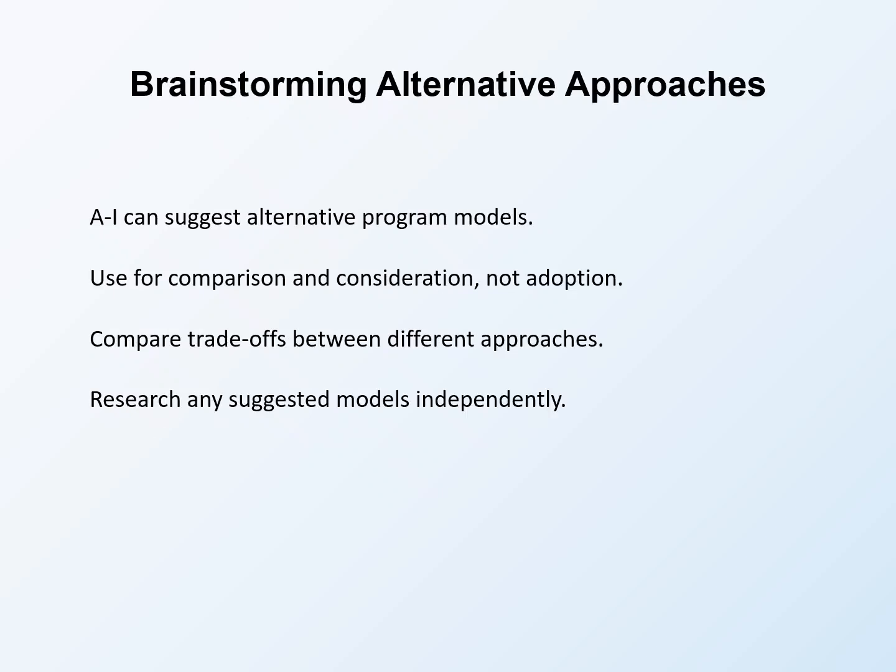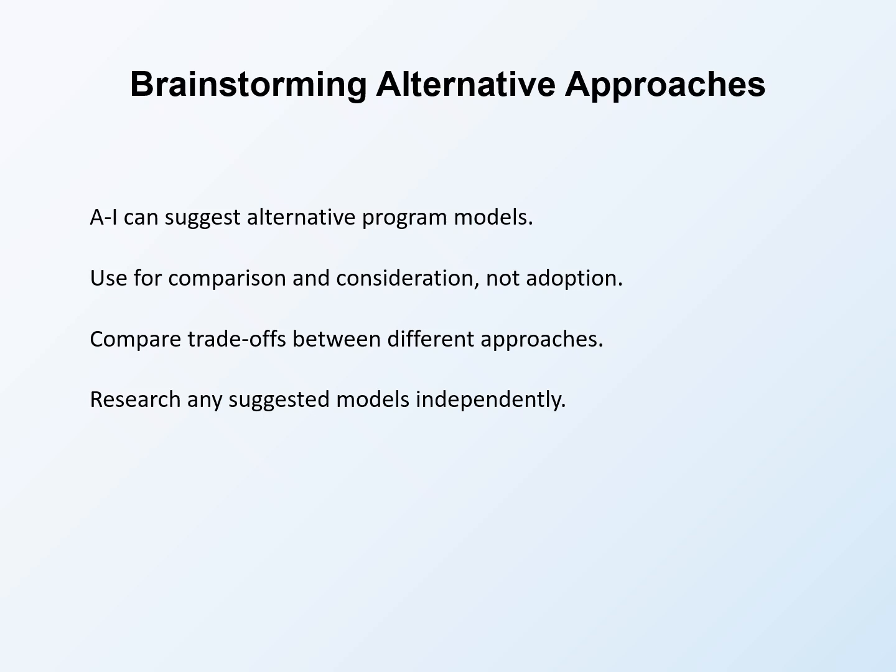When you are in early program design stages, AI can help brainstorm alternative approaches for addressing your target problem. This is particularly valuable when you are exploring options before committing to a specific model. You might prompt, I am trying to address low high school graduation rates in urban communities. What are 5 different program models that have been used to address this problem? For each model, briefly describe the approach, identify its theoretical basis, and note both strengths and limitations. I am not looking for a recommendation, just a range of options to consider. This generates a starting point for exploration, not a final answer.